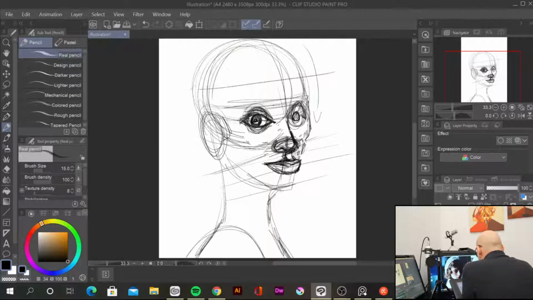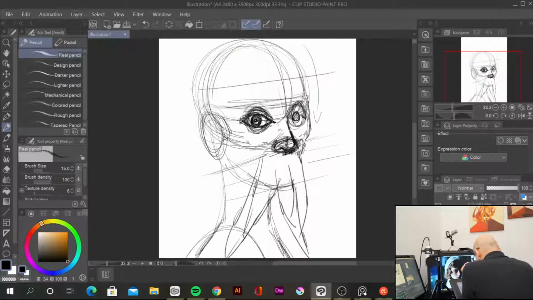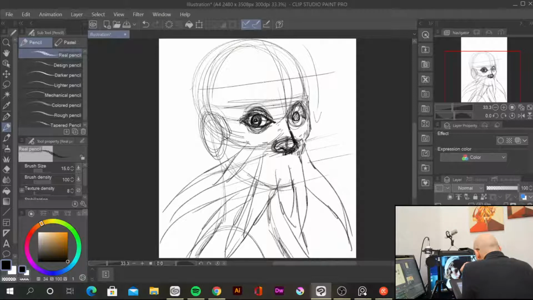But the nice thing about this is I'm probably not going to use a nose, but my idea is now, yeah, this is my idea actually.